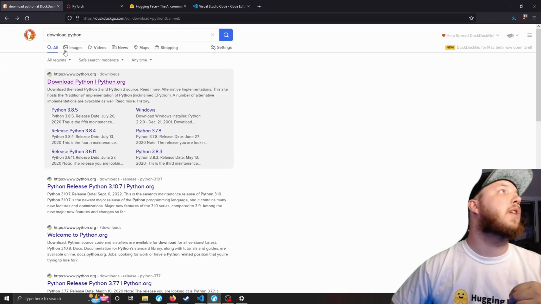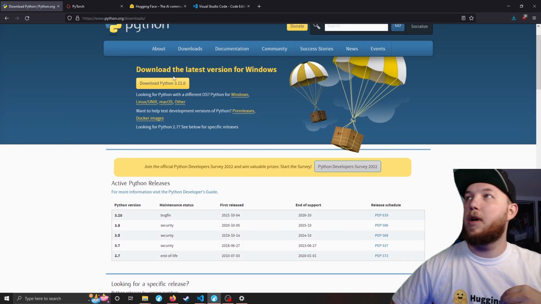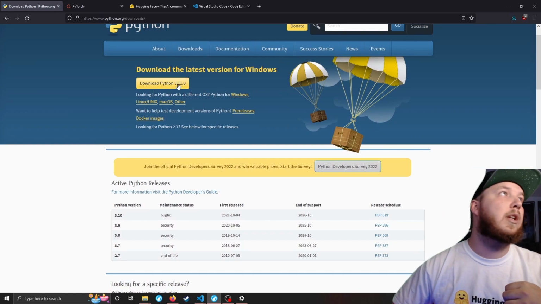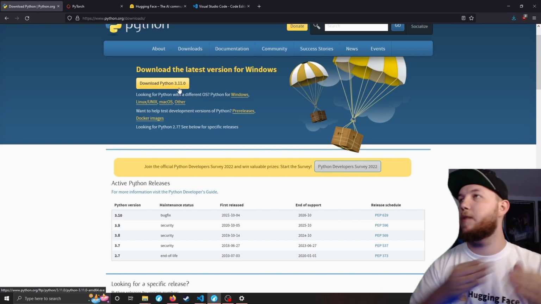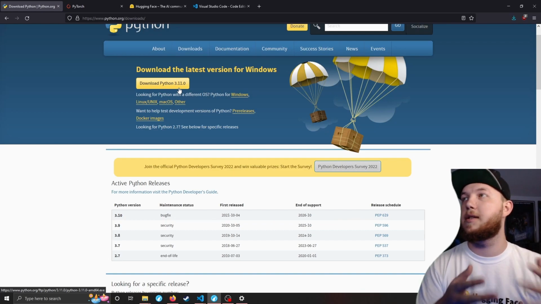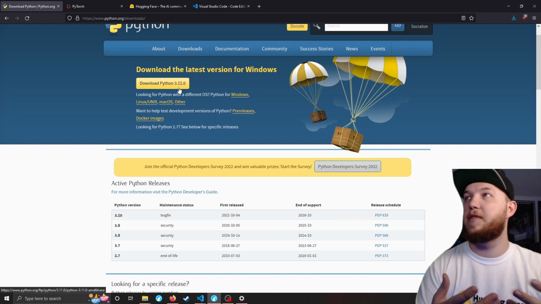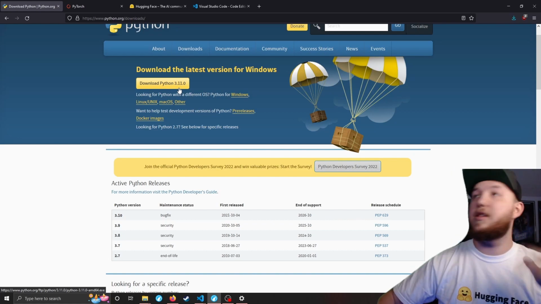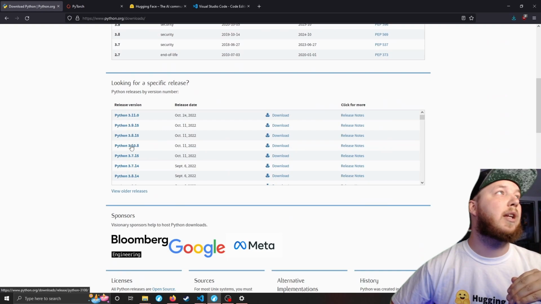So let's get on to downloading Python right here. Don't click this. Don't click download Python 3.11. The 3.11 Python isn't confirmed to work with everything yet. It will eventually. So if we're at a point later and you Google this, like does the diffusers library and does the transformers library work with Python 3.11, then it's fine. But as of right now, you're going to want to download this Python 3.10.8, which is right here, and you'll hit download,